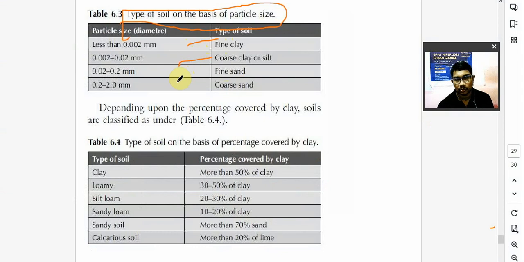So clay soil मतलब क्या है, more than 20% clay होगा। Loamy soil मतलब क्या, 30 to 50% clay। Silt soil मतलब 20 to 30% clay। Sandy loam मतलब 10 to 20% clay। सैंड रहेगा इसमें। Then sandy soil more than 75%, 70% sand रहेगा। Calcareous soil more than 20% क्या रहेगा, lime. So it is known as a basic soil. So type of soil, again cultivation of the plant depends on the different type,